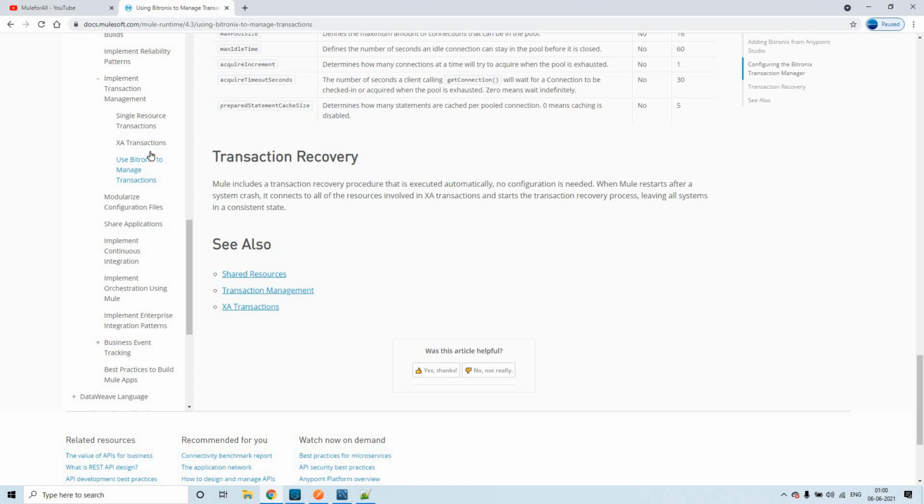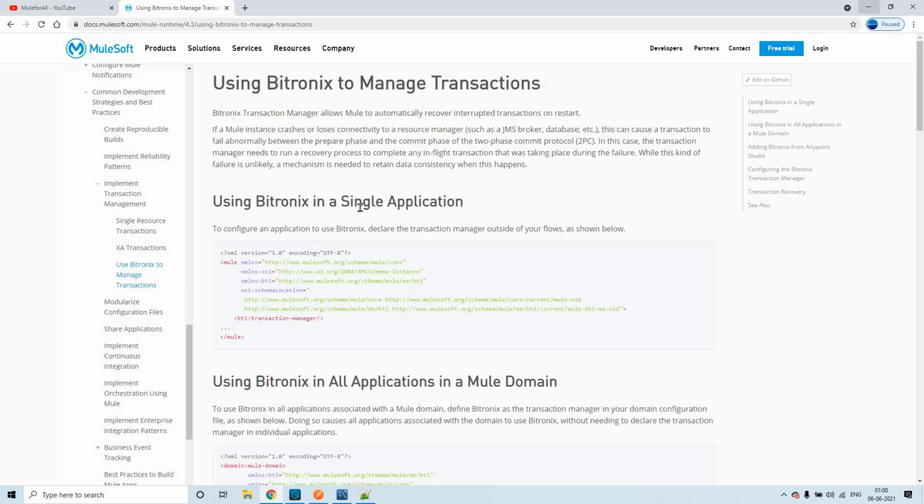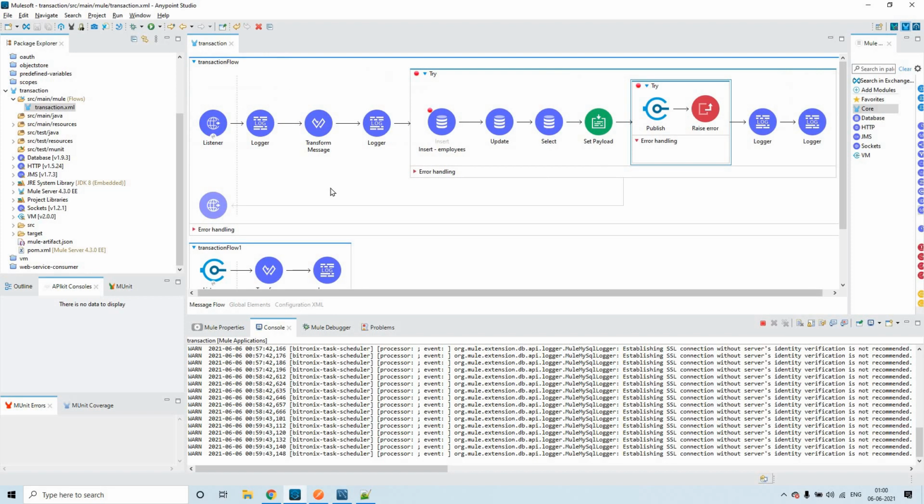So this is a bit about XA transactions and the backup that XA transactions get from the Bitronix transaction manager. Let us jump into the demo.